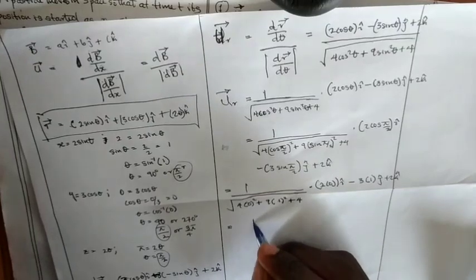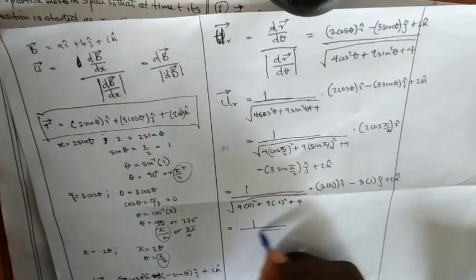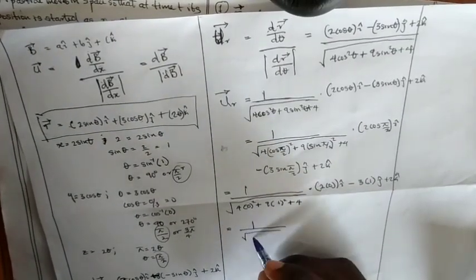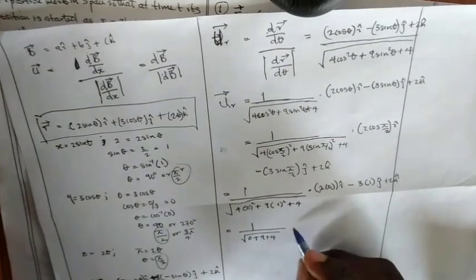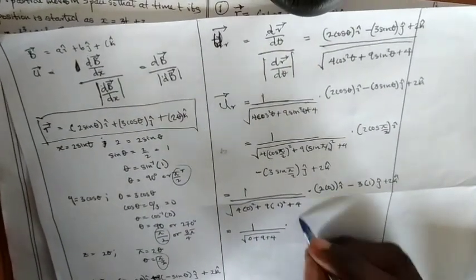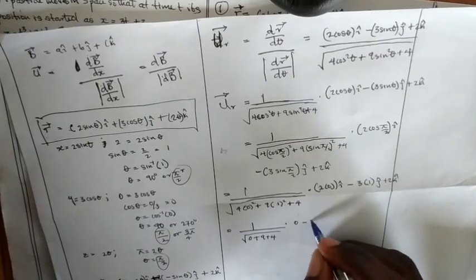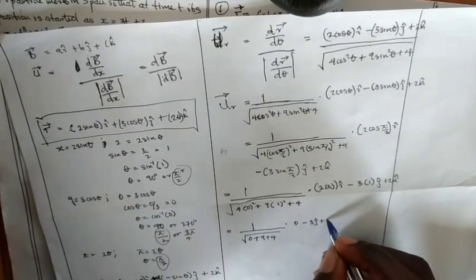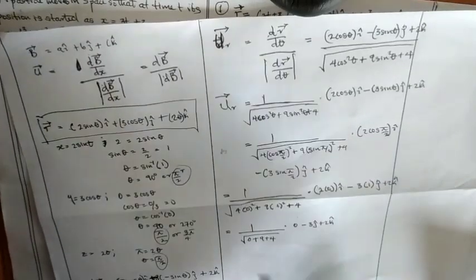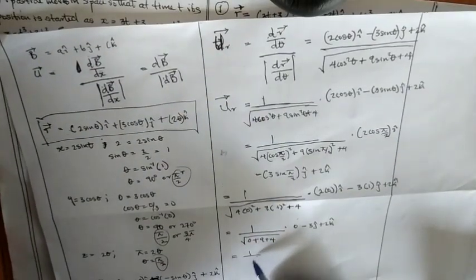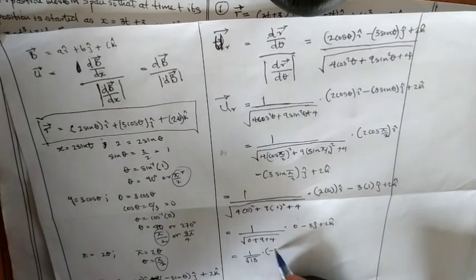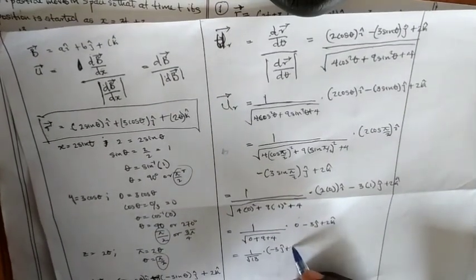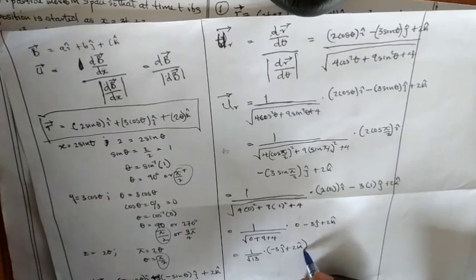So this evaluates to 0 plus 9 plus 4, and the numerator evaluates to 0 minus 3j plus 2k, and that is 1 over root 13 into minus 3j plus 2k. So note that